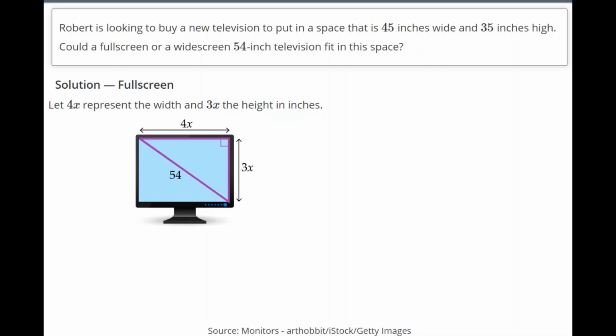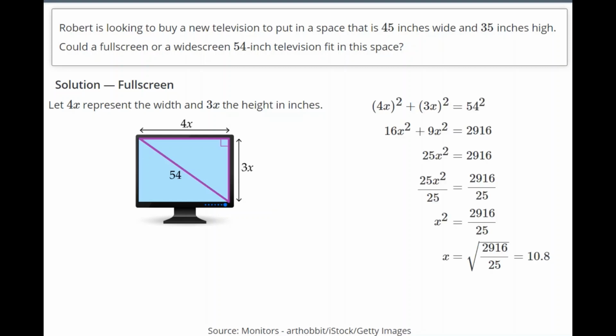And since Robert's looking for a 54-inch screen, the length of the diagonal of the screen will be 54 inches. So on the imaginary right triangle that we have on the screen, the hypotenuse is 54 inches and the two legs are 4x inches and 3x inches respectively. Since it's a right triangle, we can use the Pythagorean theorem, and that is 4x all squared plus 3x all squared equals 54 squared. That will all come down to x squared equals